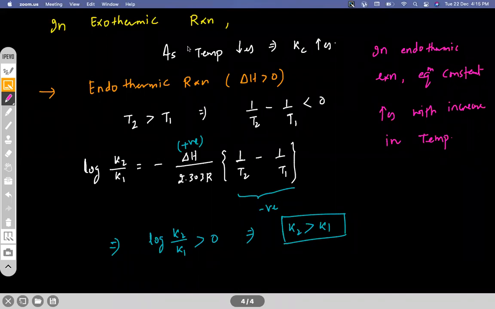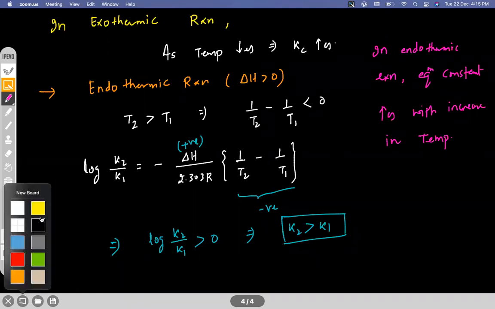Okay. So these are the two conditions we have for temperature, right? Depending upon the nature of the reaction, the change in temperature, whether it is increasing or decreasing, we can say that the equilibrium will shift in the forward or backward direction. Okay. Now next, write down